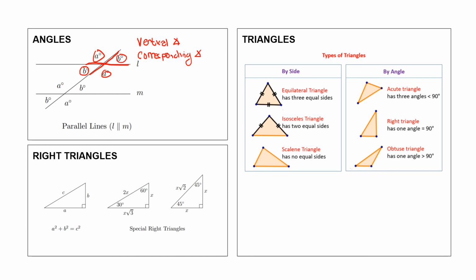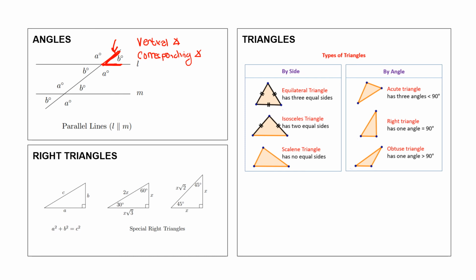And now when we have corresponding angles, that's when we have two parallel lines, like in the diagram shown, that are cut by a transversal, which is what this line is called. Now, when we do that, corresponding angles are equal. So that's